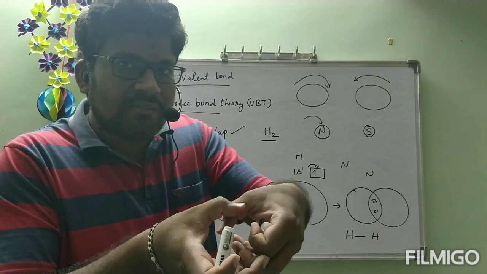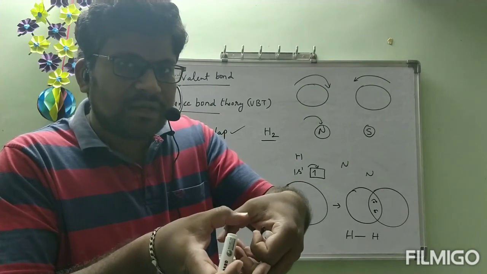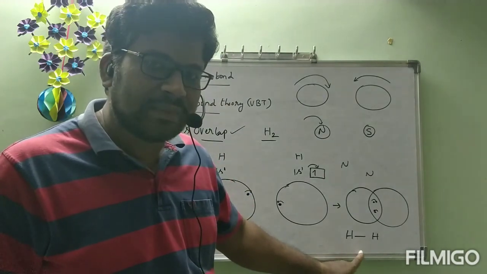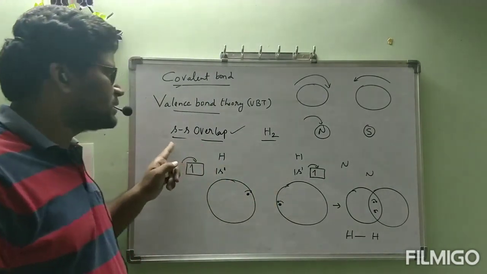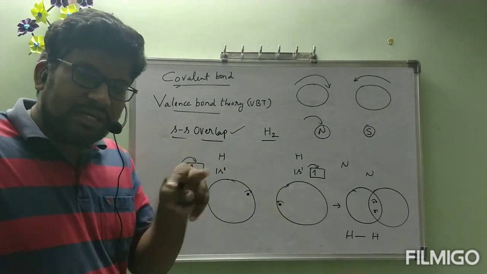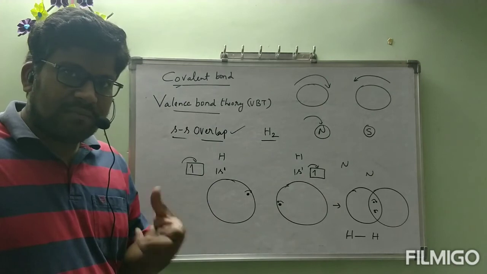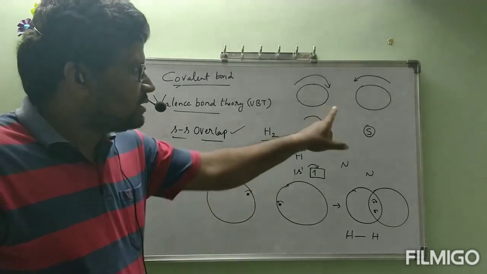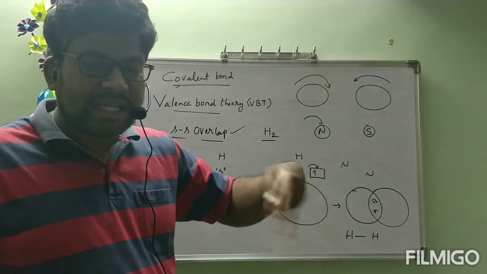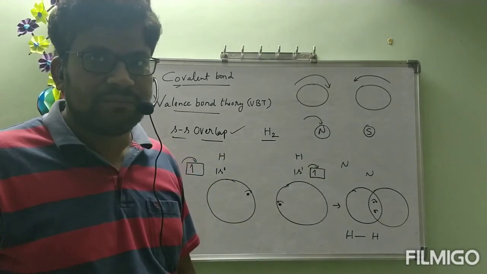And they will form a bond. That's why we can say it has direction, and that's why the covalent bond is represented with a line. And this overlapping is called SS. Two more types of overlaps are there, we will discuss them in the next class. Today this topic took a little bit of time, but if you understand this, the coming classes will be easier for you.